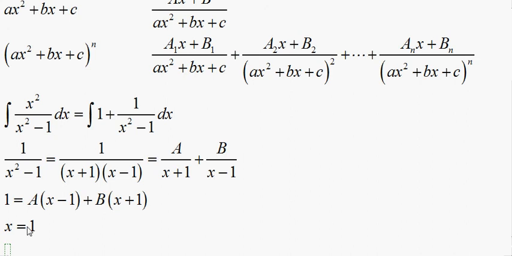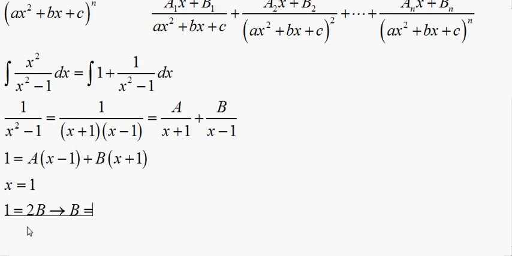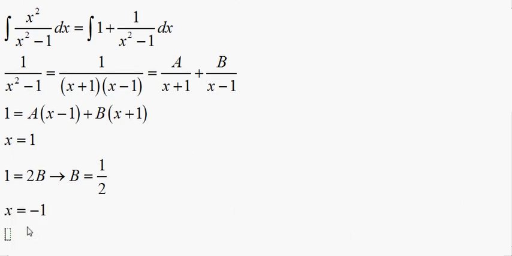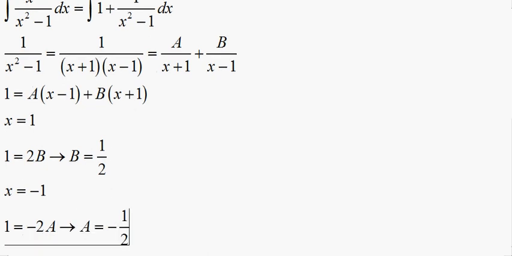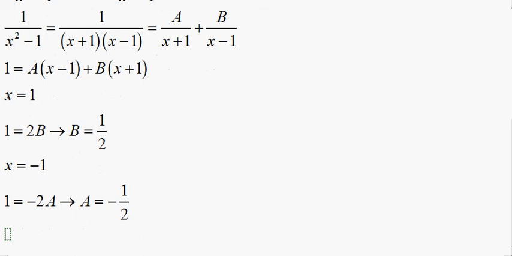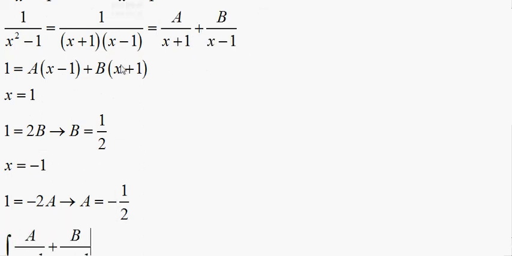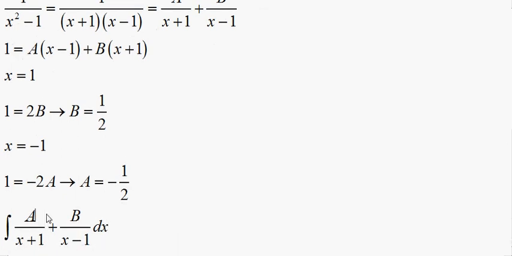And we can take the easy way out. We can say x is equal to 1, and this is 1 equals 2b. So that means b is equal to 1/2, and then we can say x equals negative 1. And that's going to be 1 equals negative 2a, because this term goes out because it's negative 1. And that means a is equal to negative 1/2. So now we plug in a and b into this, and we get negative 1/2,